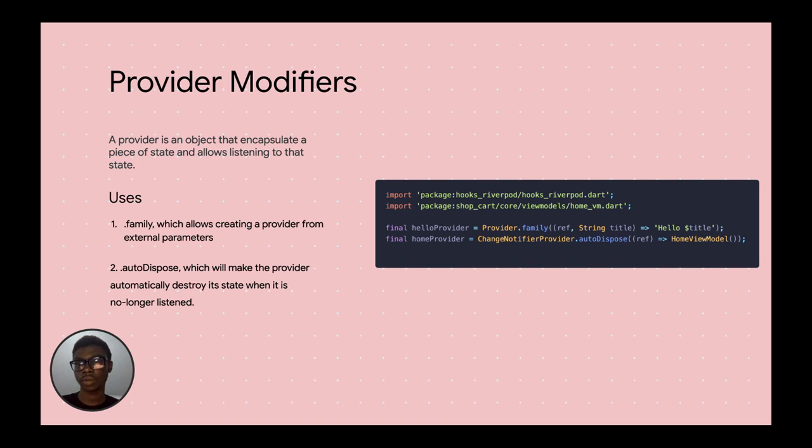The second concept I'd like to talk about is provider modifiers. So provider modifiers are like different sets of methods, or different types of static methods, that we can attach to providers that could give us access to more features, like for example the .family modifier, which allows creating a provider from external parameters. What this means is that normally